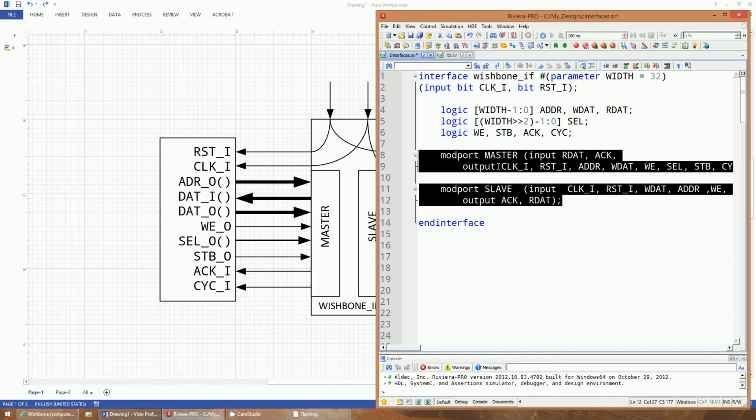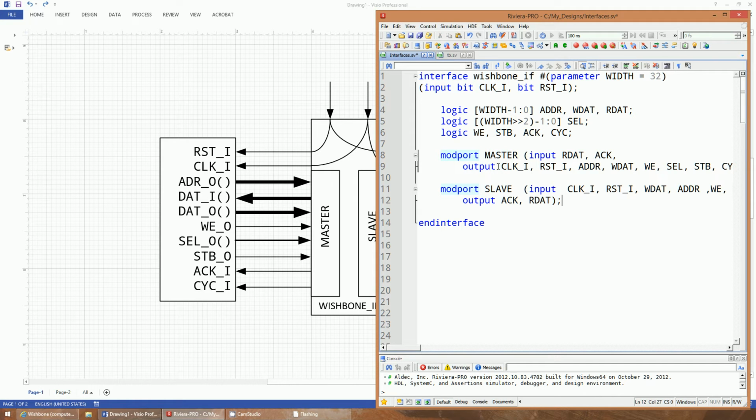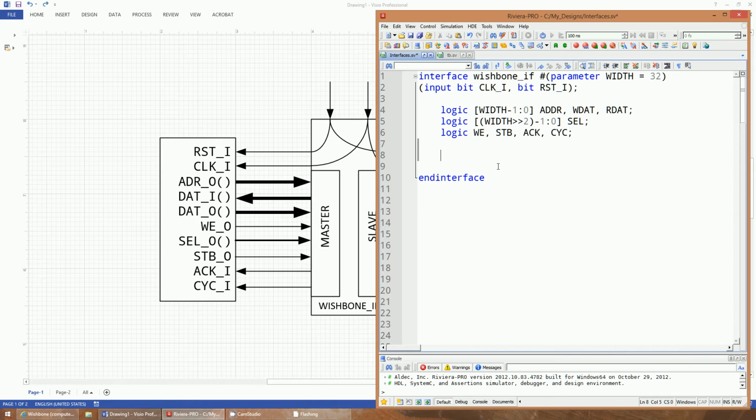I just put this up as an example, but let's write this. So when I write this, I have to say, what are the directions? So we'll say mod port, master, and let's ask ourselves, what are the inputs? The inputs are going to be our address. Now notice our address